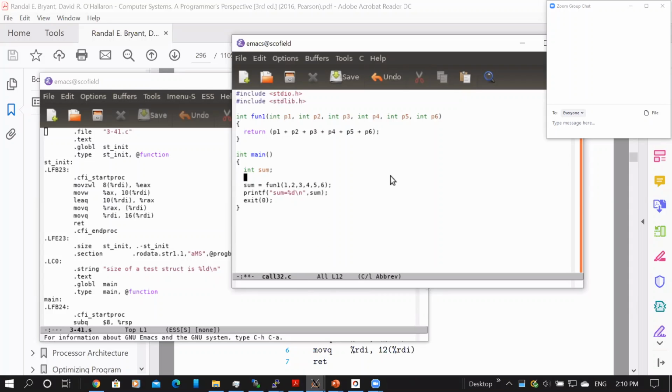Let's create a bunch of integers, and then rather than passing these constants in there,